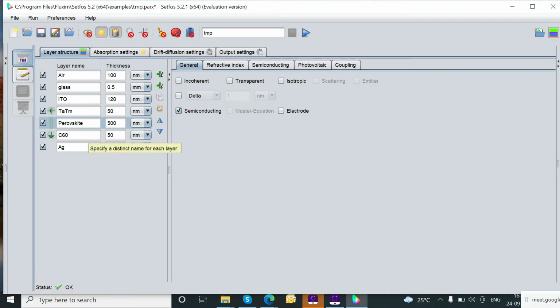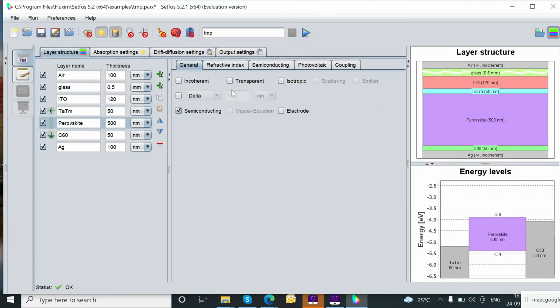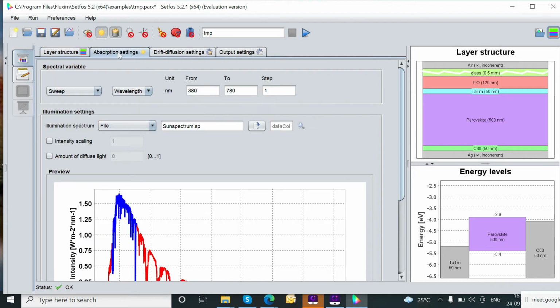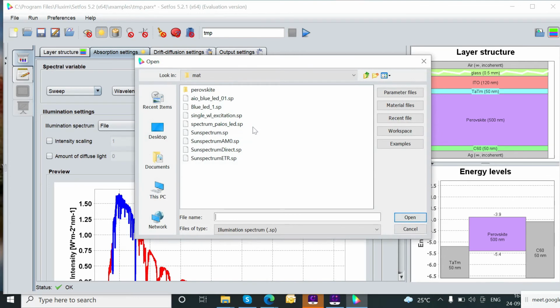Now this semiconducting layers is prepared. So semiconducting layers, top electrode, bottom electrode, and this is the non-absorbing layers and air glass. Similarly, you can add any number of layers and delete the layers, change the layer positions, copy and paste the layers to make a duplicate layer if you would like to use the layer twice. So you can save a lot of your time while making the solar cell modeling. Now there is some other option. If you want to work on LED devices, then this 3D master equations generation model.